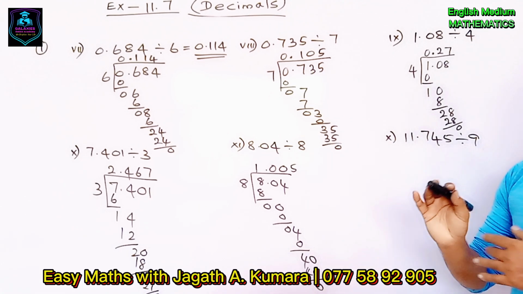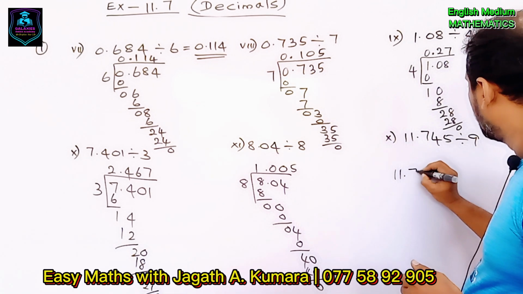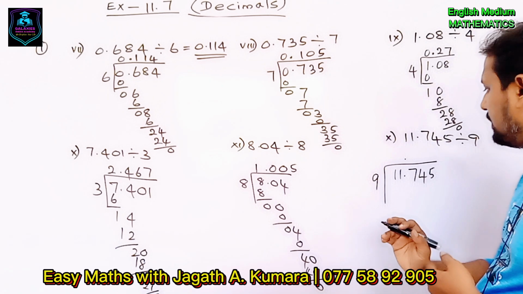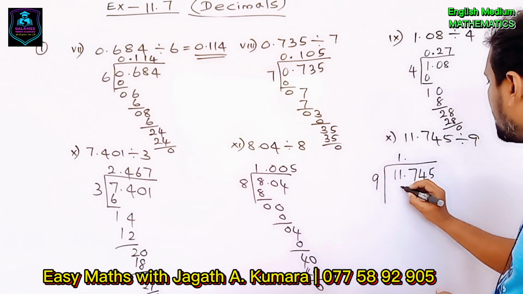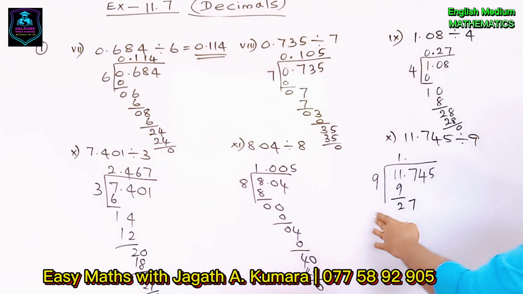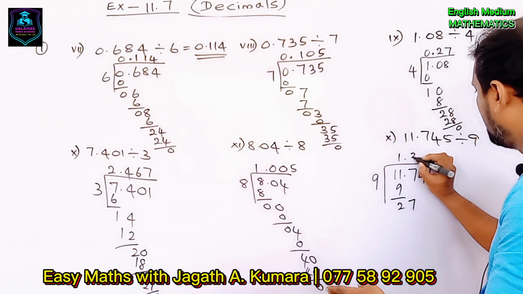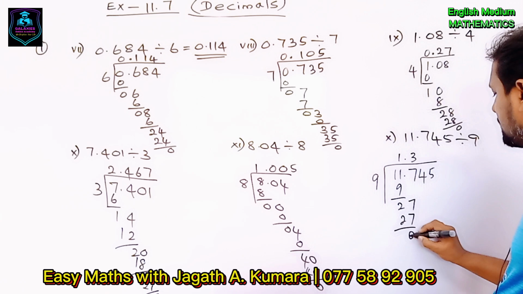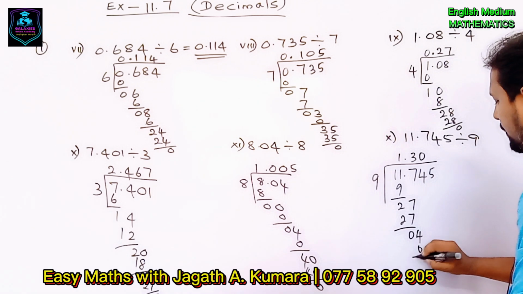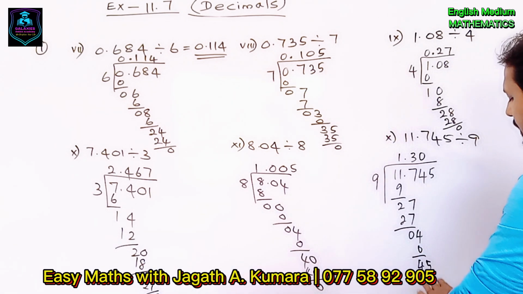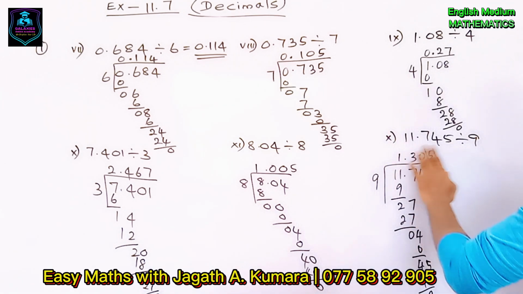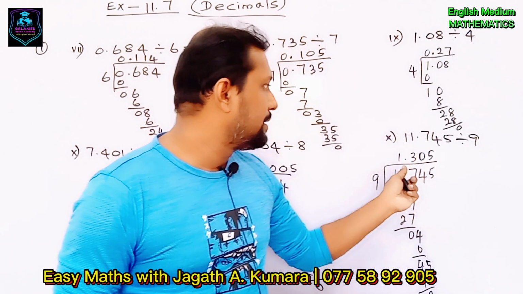Right, let's go to discuss the last part. 11.745 divide 9. Keep the decimal point in the correct position. 11 divide 9, 1. 1 times 9, 9. Remaining 2. Then this 7 you can take here. 27 divide 9 is 3. 3 times 9, 27. Remaining 0. Then this 4 you can take here. 4 divide 9, 0. 0 times 9, 0. Remaining 4. Then this 5 you can take here. 45 divide 9, 5, 5 times 9, 45. Remaining 0. So the last one answer 1 point,